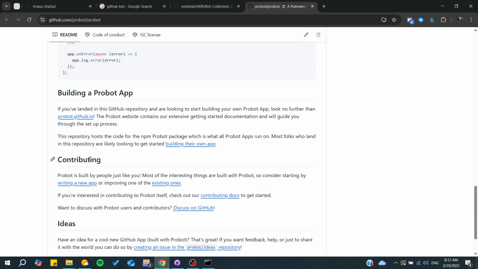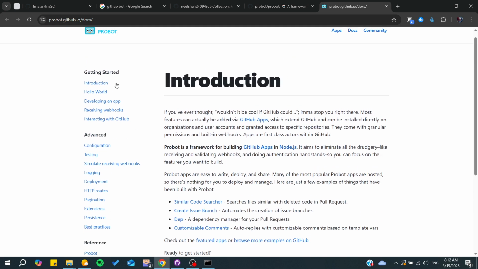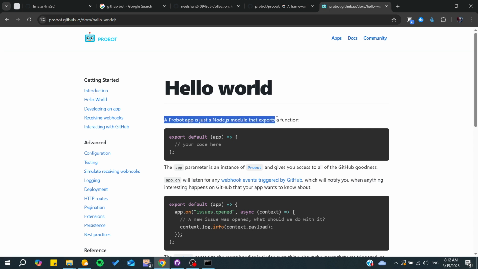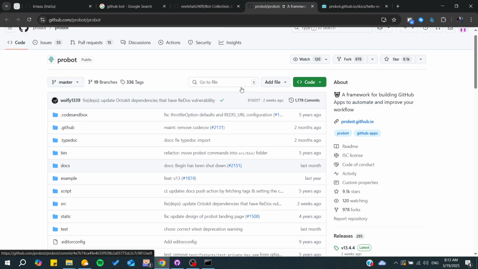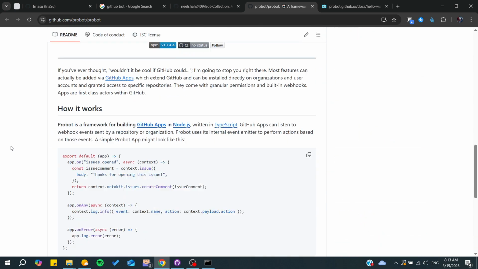And here, how we can build a Probot app. So basically, you can just go here and it will start taking us to the documentation, and from here you can start using the app. So first you will need to clone the project. You can simply clone it or fork it so you can get it, and basically from there you will be